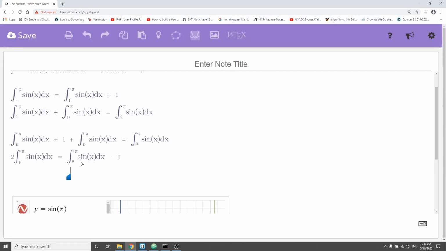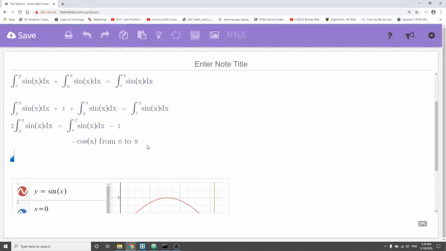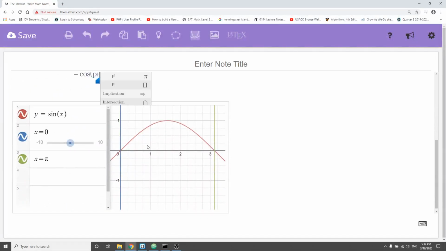So we know that the integral of sine of x is negative cosine of x, and this is going to be from 0 to pi. Sorry, and we're going to include this minus 1 in a second. We'll put that on later. But so if you do it from here, we just plug in these values. So you have negative cosine of pi